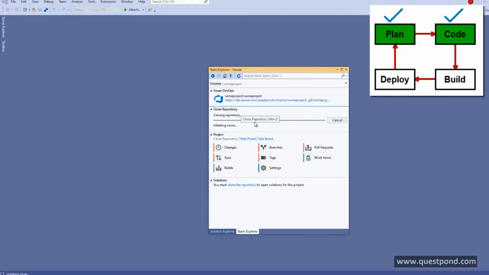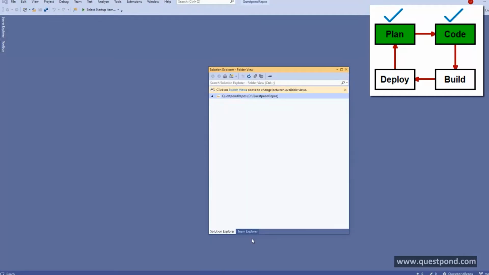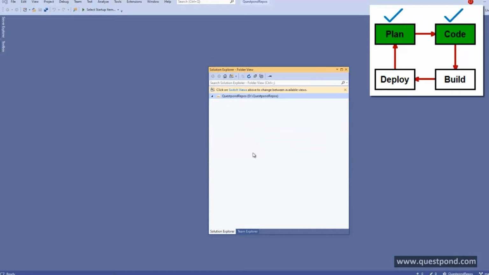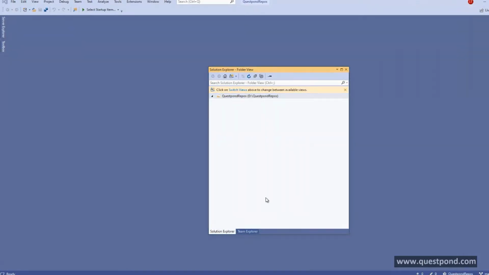So you can see that it is actually signing up, and there you can see I'm connected to my Team Explorer, to my Questpond company, some project, and also now I can go and I can start creating the project right out here. So let's go ahead and create a simple MVC project,